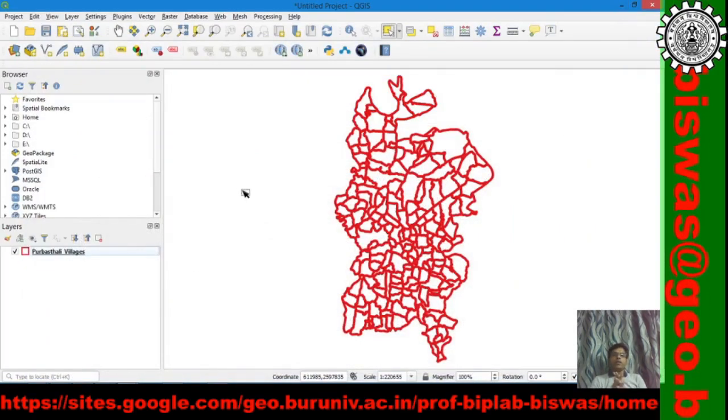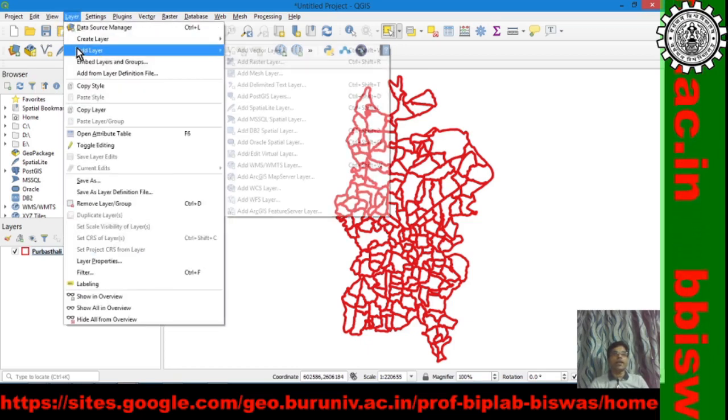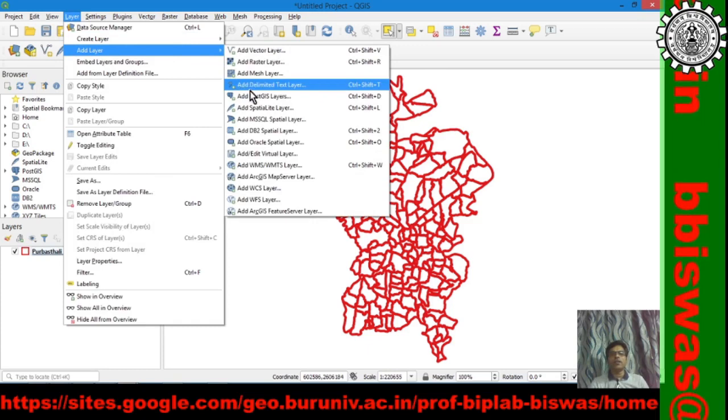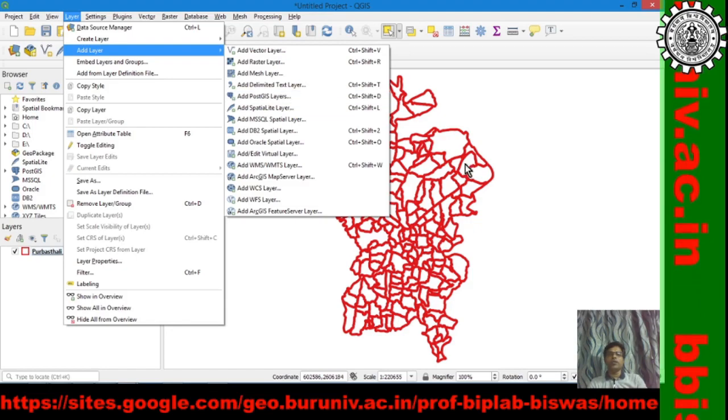Now, QGIS has the capability to open those Excel files in GIS. So, you see the process: add layer, and it is asking for delimited text layer, that is the data layer from Excel. We need to convert the Excel layer to delimited text layer, so it can be easier for us to import in QGIS.